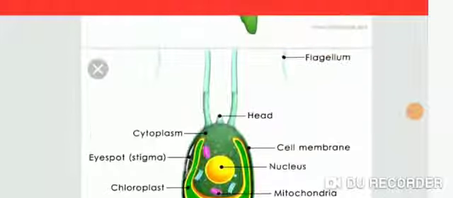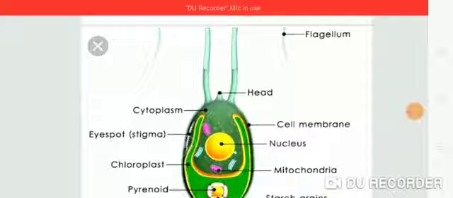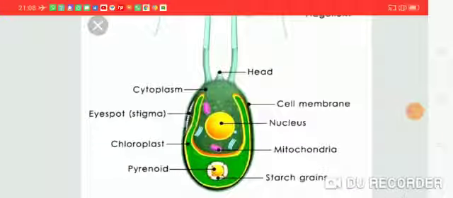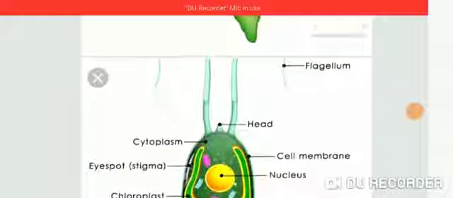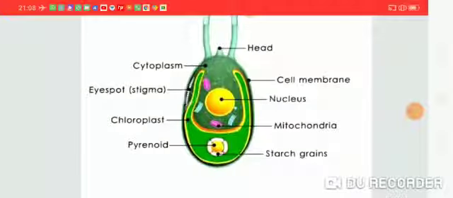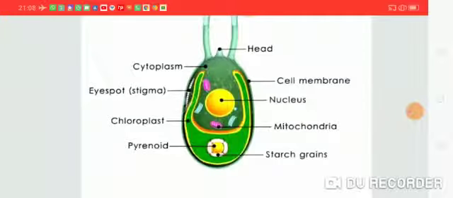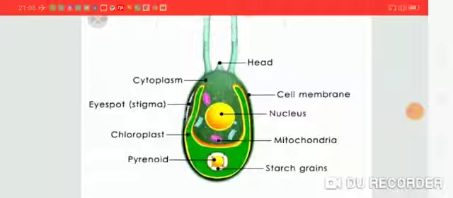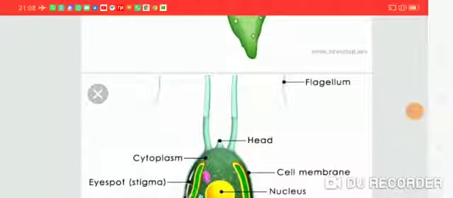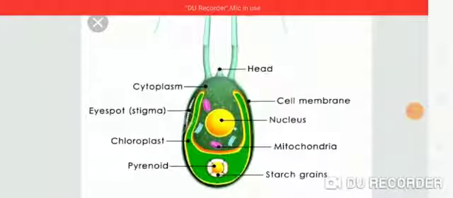The next important organism that we will study in our syllabus is Chlamydomonas. Here this is the picture. This is also a unicellular aquatic plant. This is not an animal. What is the difference here? This is an aquatic plant, means the plant that is found in water only, and the structure is a whip-like structure, and on the upper side, as you can see, flagellum is also present. These flagella help this plant to float in water.